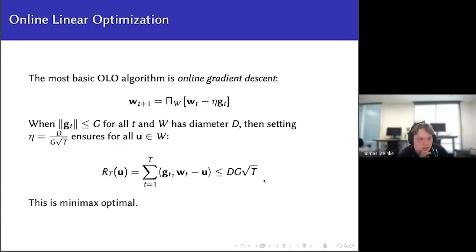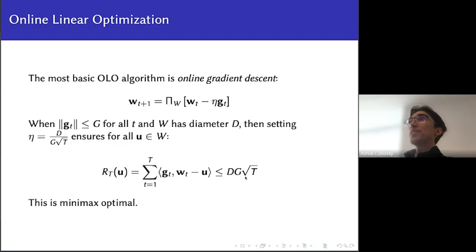There's a question in the chat. Why is the regret the inner product of W and G? So I'm just defining it this way. At the moment, it's some sort of abstract problem that we might want to solve. It's not really clear what it's for yet. It turns out that eventually we're going to make g_t equal to gradients. And then by some consequence of convexity, this difference here will be an upper bound on the excess risk between W_t and U. So that's why we want inner products. It's because convexity allows us to relate inner products with gradients to function differences.